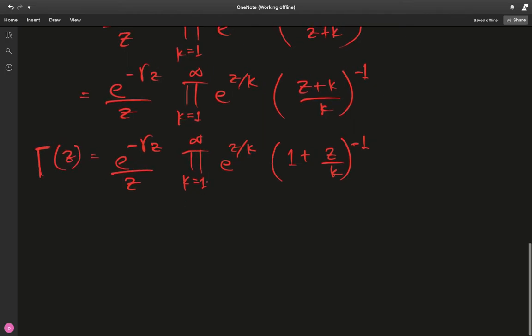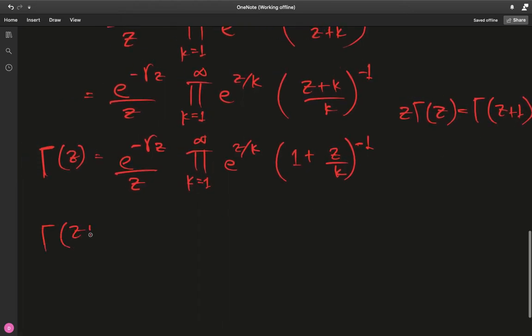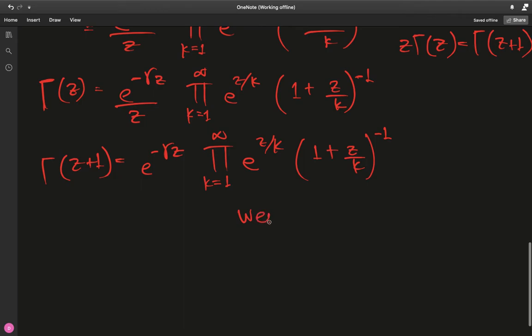So there we go. Here is the most popular product formula for the gamma function. But if you want, you can simplify this further. Notice if you multiply both sides by z, you'll have z times gamma of z, which by the recurrence relation of gamma is just gamma of z plus 1. So gamma of z plus 1 is basically e to the negative Euler-Mascheroni times z, and product from k equals 1 to infinity of e to the z over k and 1 plus z over k to the negative 1 power. And this is what is famously known as the Weierstrass representation